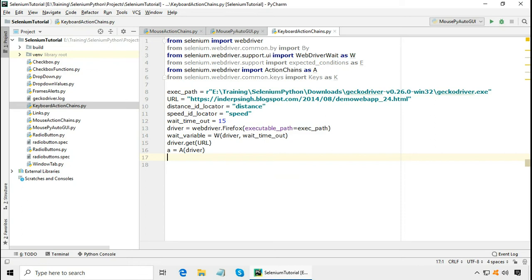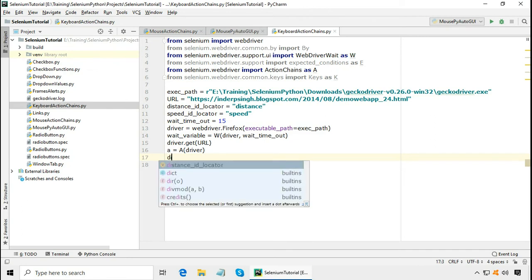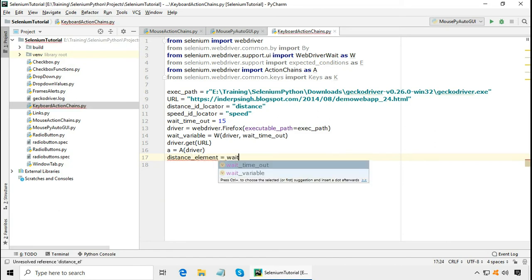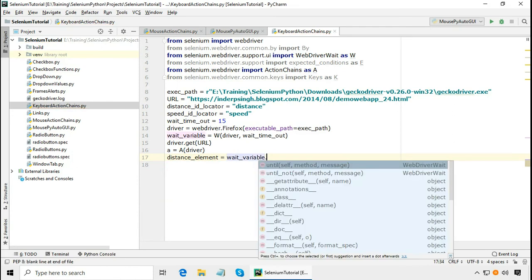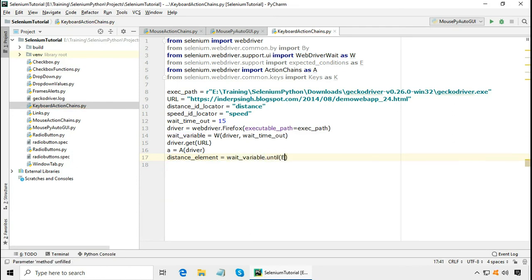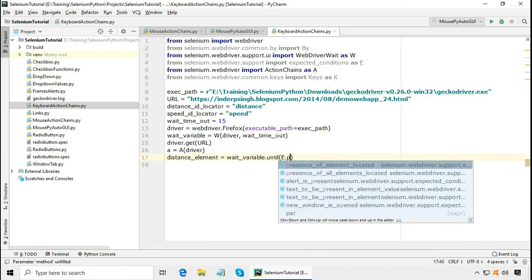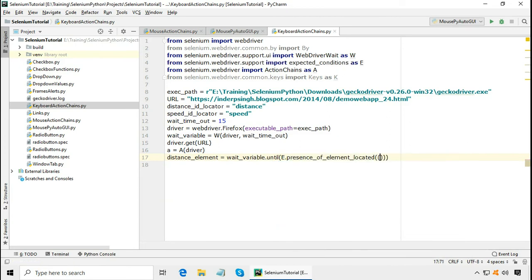Next let us find the distance element and the speed element. Distance element is using explicit wait. We have to use wait variable dot until, E is the alias for expected conditions, E dot presence of element located, and we have to find it by ID, distance ID locator.